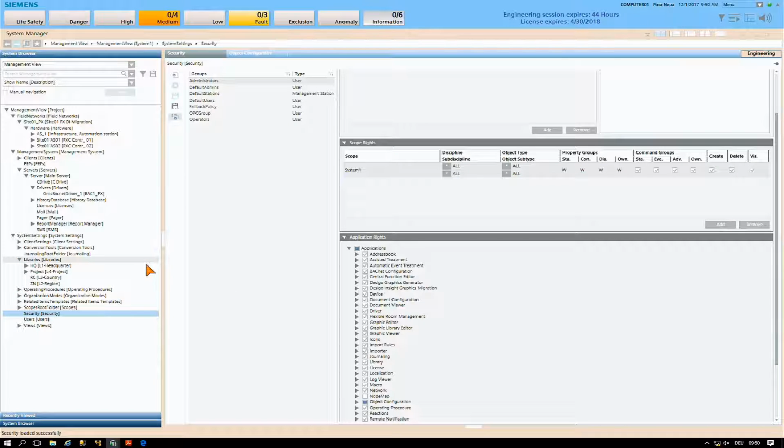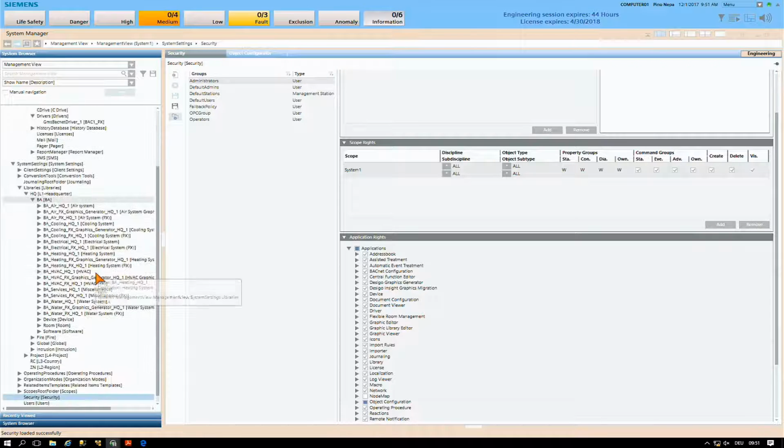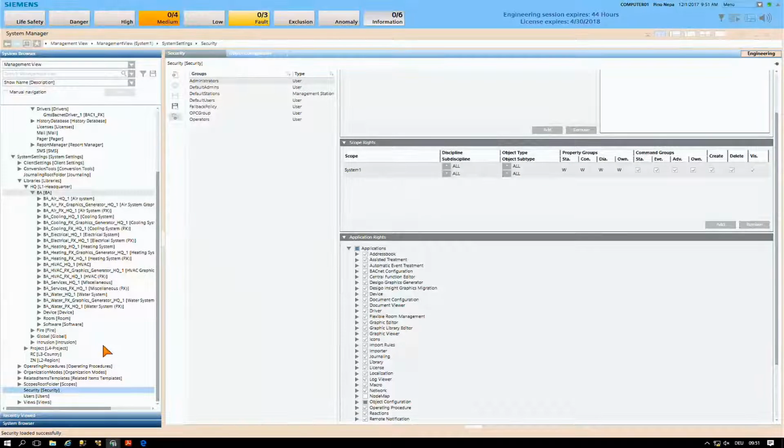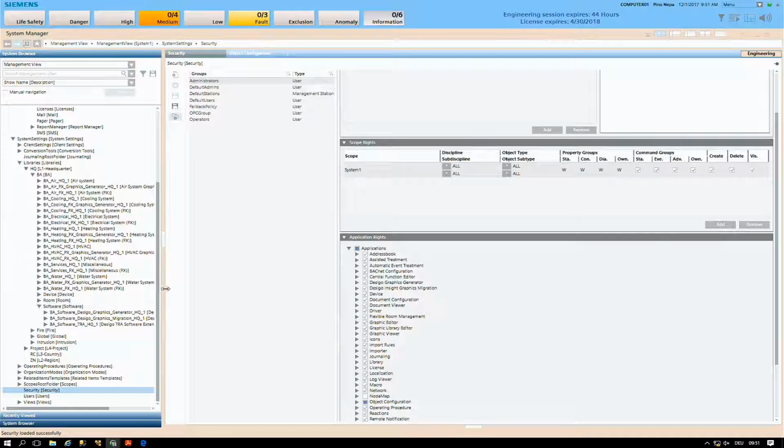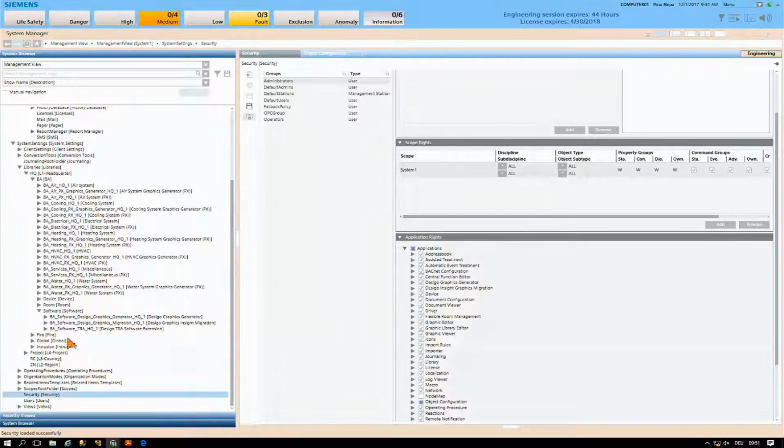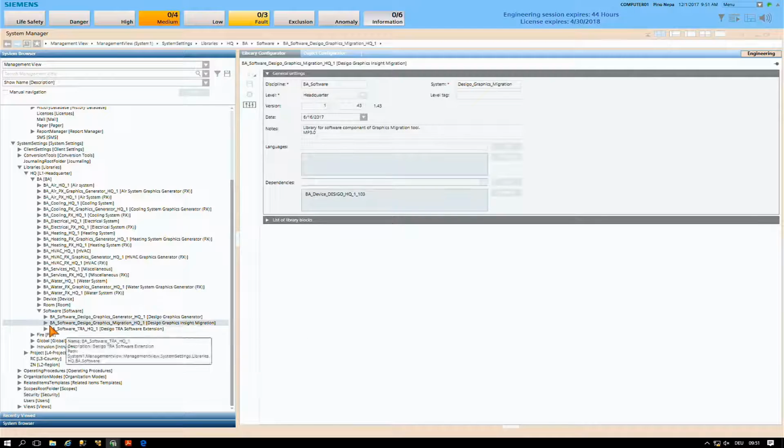So it's in the libraries, in the headquarter. There is building automation. We have here a node software, and in the software you see here there is the graphics migration, the Desigo graphics Insight migration. If you click on that,